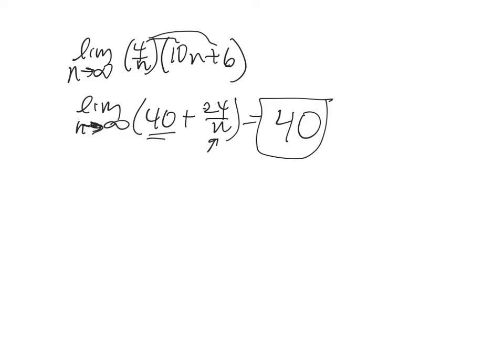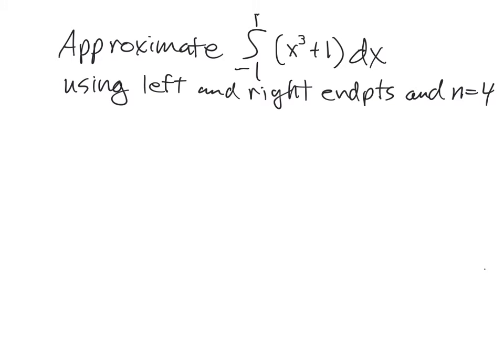Other questions? So approximating this, of course this one we could find the exact value, but we want to show how we can approximate using the left and right endpoints, and as I said, we'll keep it just to 4 rectangles so you don't have a ton of work to do on these. What we have to do first,